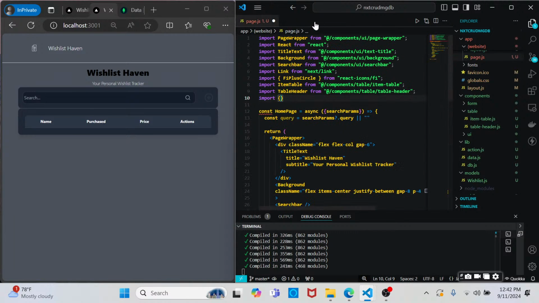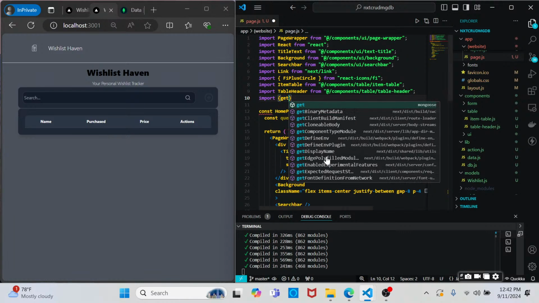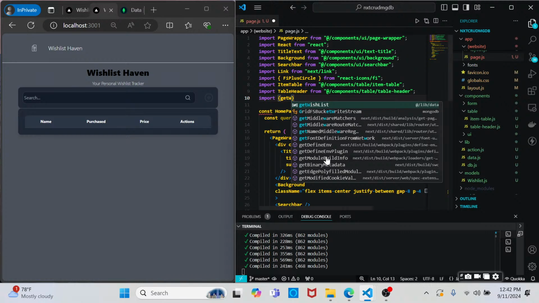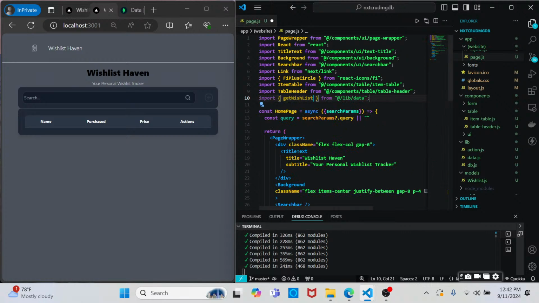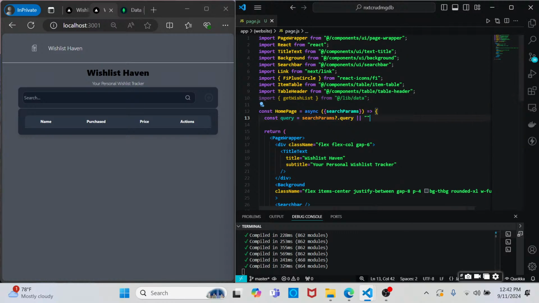So we can close this out for right now. Inside of the curly brackets, go ahead and type in lowercase g for get, capital W for wish, and it should come up. So all you need to do is just import it, save it, and then now we'll go